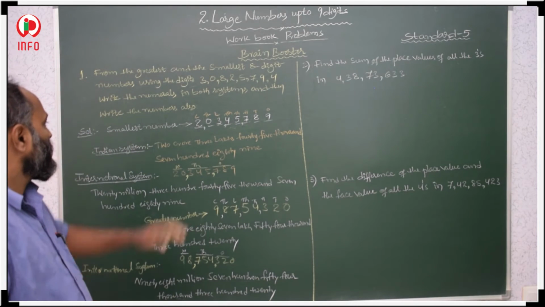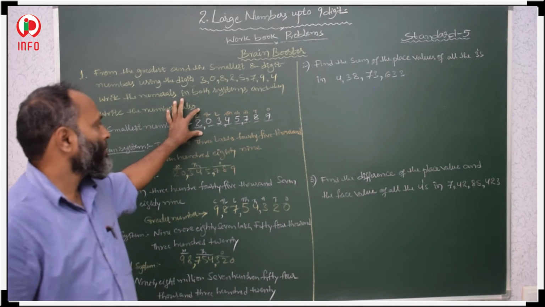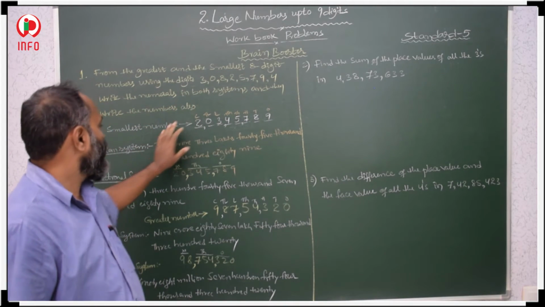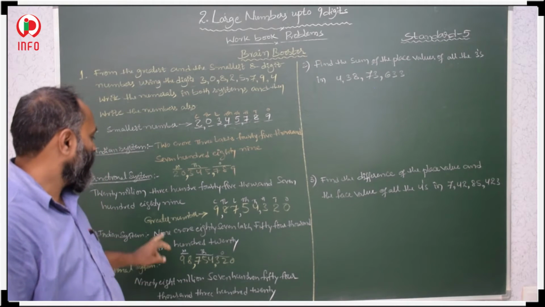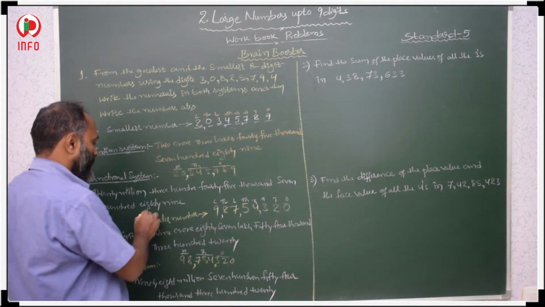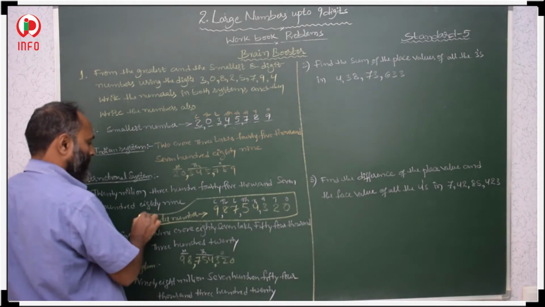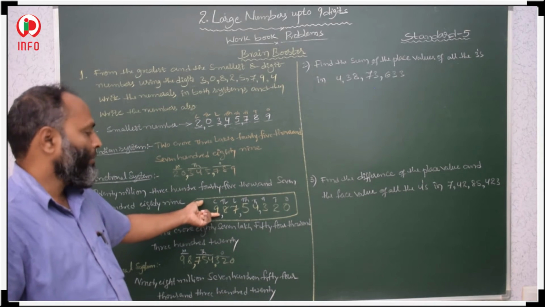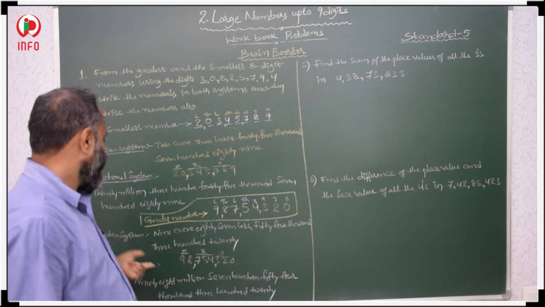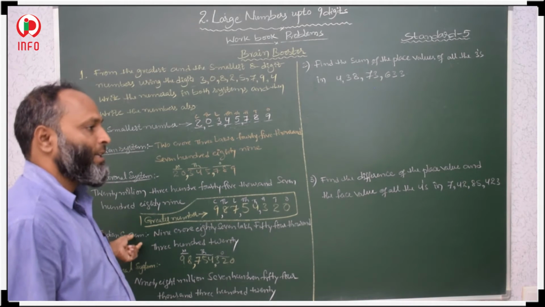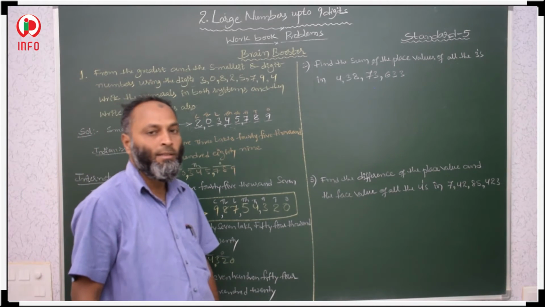So using the given digits, first we arrange the smaller number and write it in the Indian system as well as the international system. Again, we form the greater number. As explained here, we form the greater number in descending, decreasing order. After that we write it in the Indian system as well as the international system.